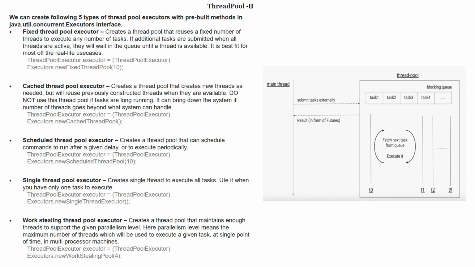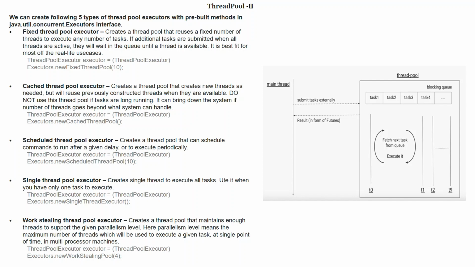ThreadPoolExecutor executor = Executors.newCachedThreadPool(); Scheduled thread pool executor creates a thread pool that can schedule commands to run after a given delay, or to execute periodically. ThreadPoolExecutor executor = Executors.newScheduledThreadPool(10);